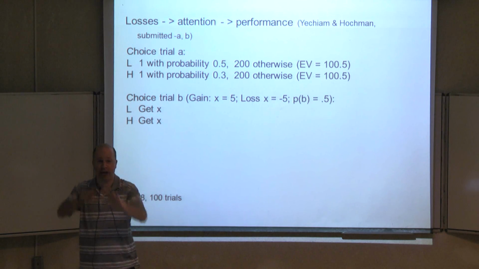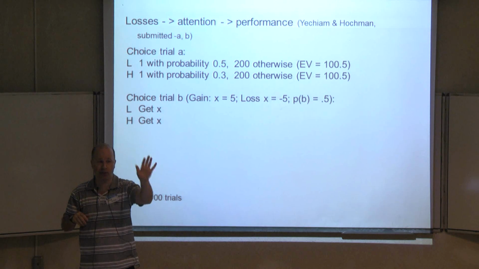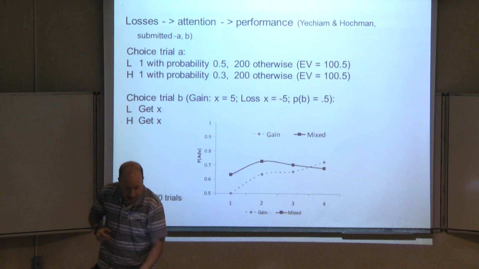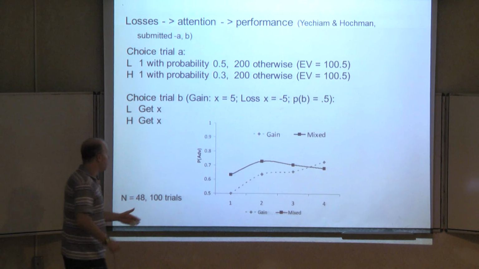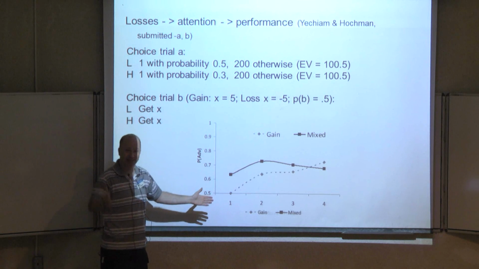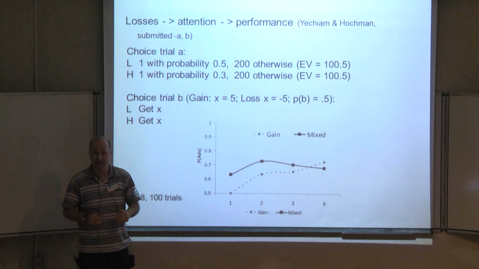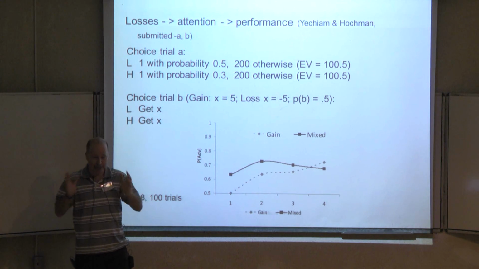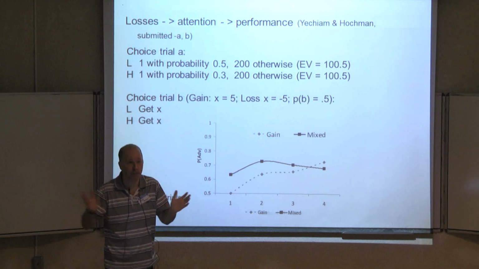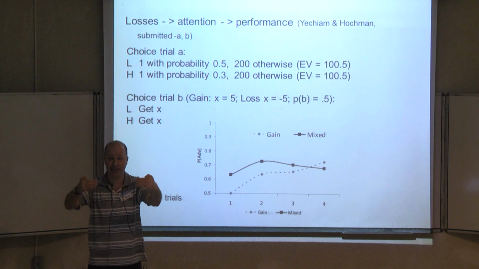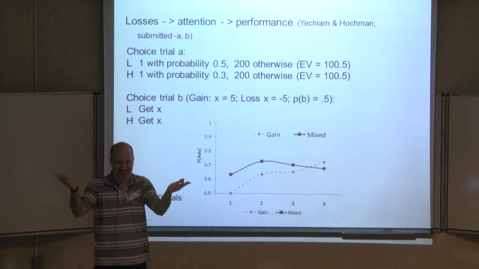The trials, by the way, were randomly placed. Each time you selected, it was randomly decided whether it would be of type trial A or trial B. And these are the results we get. We get higher performance, a 30% increase in advantageous selection, at least in the beginning, in the condition with losses compared to the condition with gains. And of course, this is not predicted by loss aversion, because loss aversion will not give you anything in this task, since in both alternatives you get the same loss.